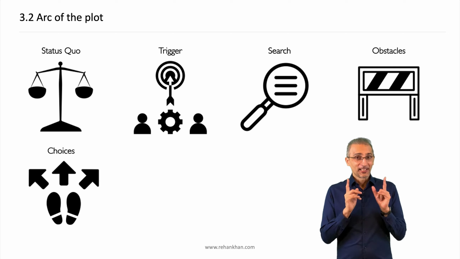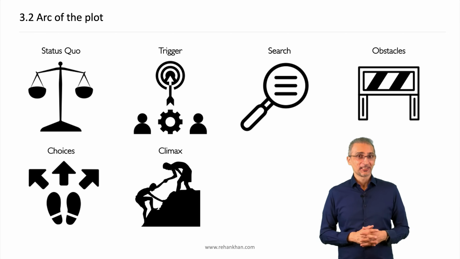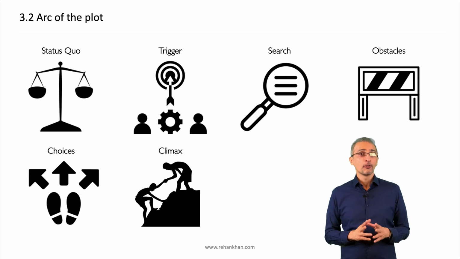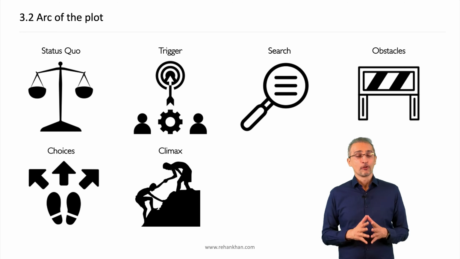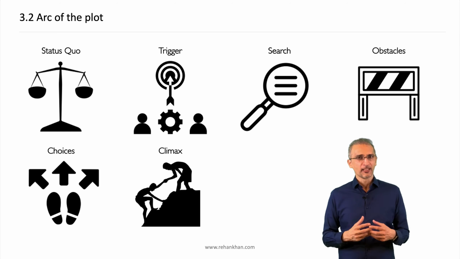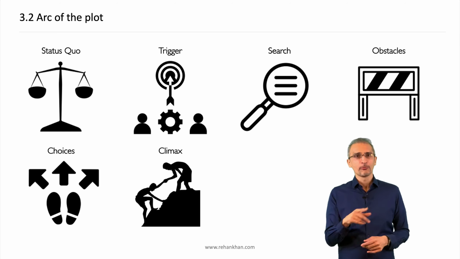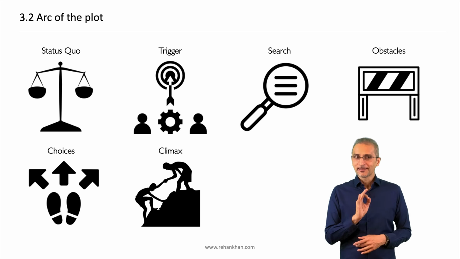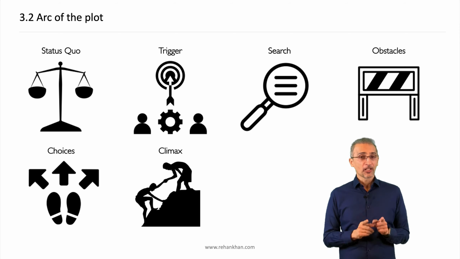Climax. The critical choices which the protagonist makes will culminate in a climax. This should be when the hero or heroine is put into a really tight spot. They're character tested and they undergo some form of transformation as they try and get out of it. The climax doesn't need to be spectacular, but it must be significant to the life of the protagonist.